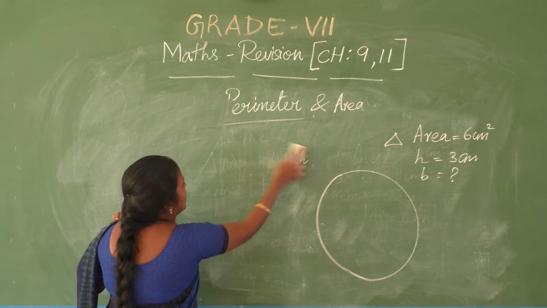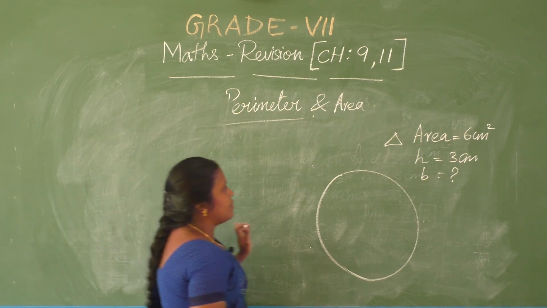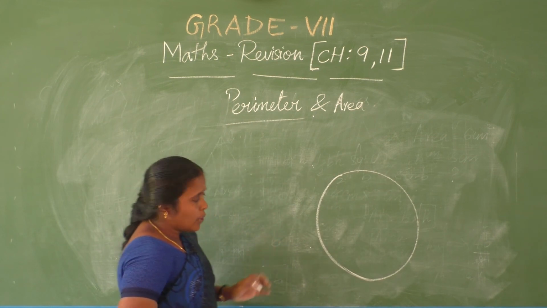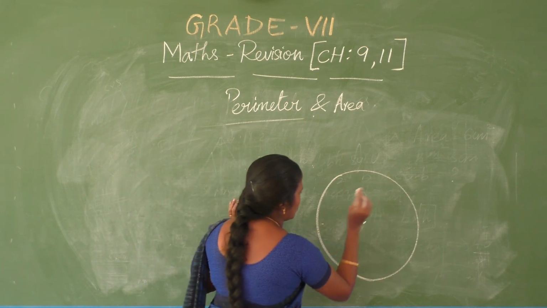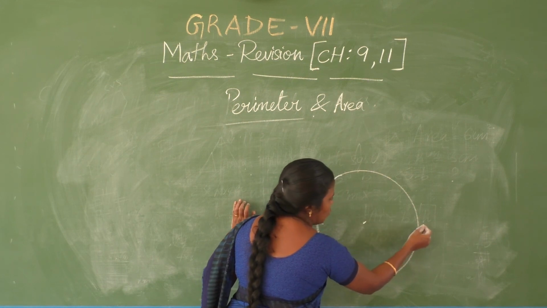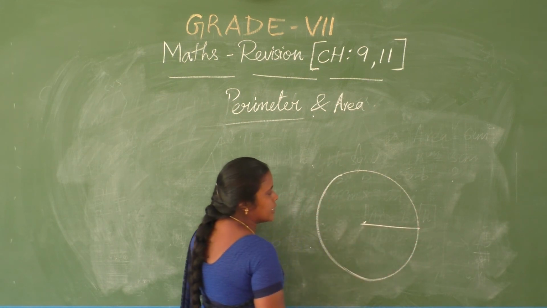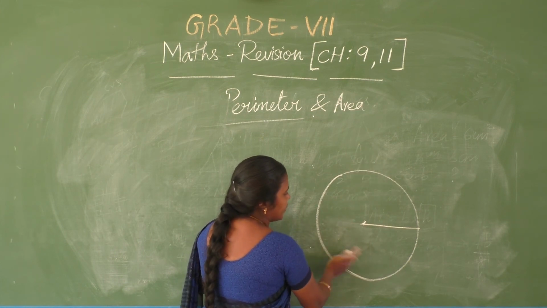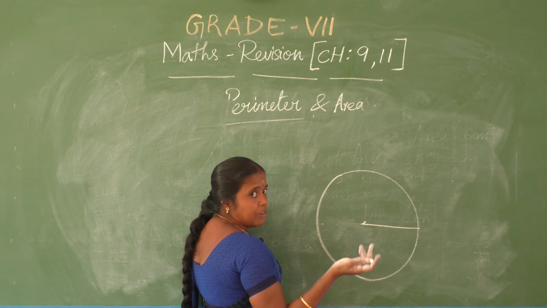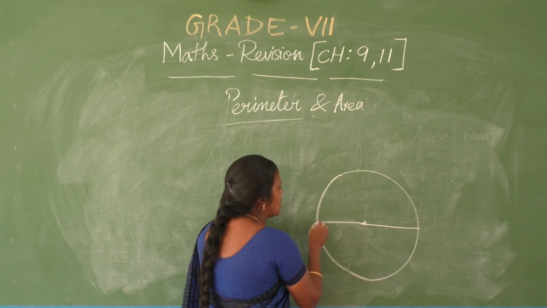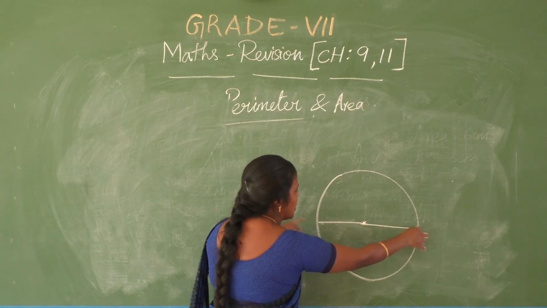area of the circle. For finding the circumference of the circle, we have two formulae. One is, say here, you know, it is a center. The distance between the center and any one end of the circle is called its radius. Through the center we can draw so many radii. Radii is the plural form of the word radius. Diameter also passes through the center, a line touching two ends.